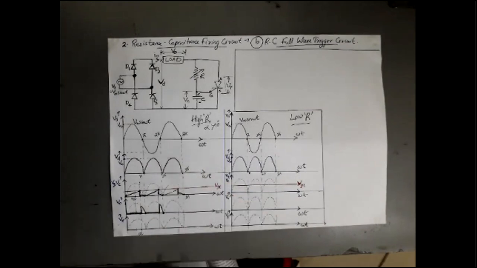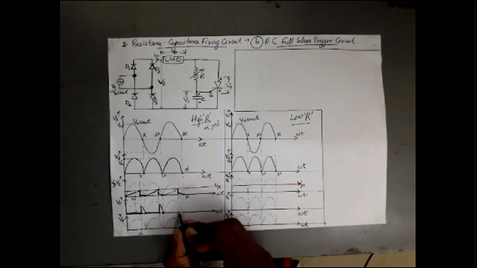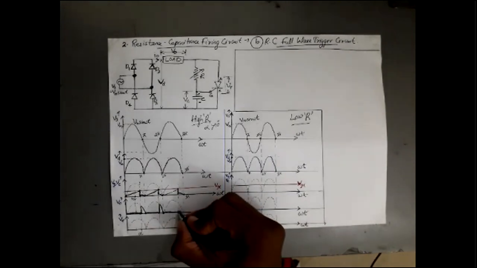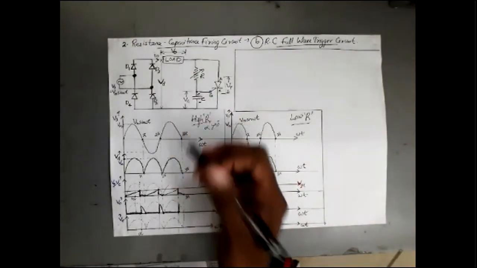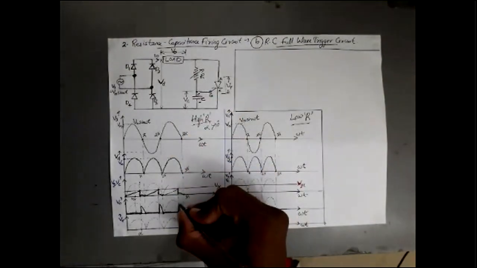Again from 2 pi up to 2 pi plus alpha, my SCR is in off state. So I naught will be 0, so V naught will be 0 until 2 pi plus alpha. Then again my SCR starts conducting, then I naught starts flowing through the circuit. I naught into load resistance will give you V naught. Then V naught will take the path of Vd. Hope it is clear for you.